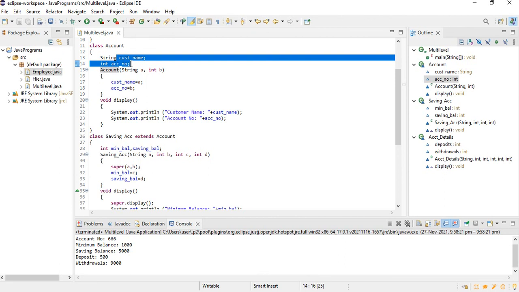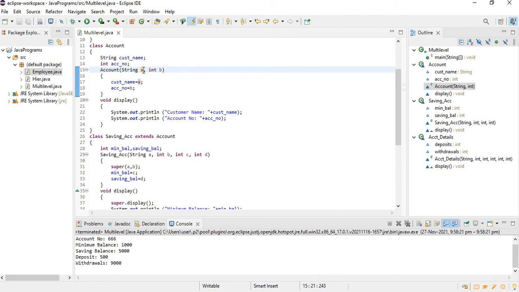It is called a parameterized constructor because I'm passing two parameters: one of type string, used to assign the customer name, and another of type integer, used to assign the account number. I also have one more method, display, which displays my customer name and account number.